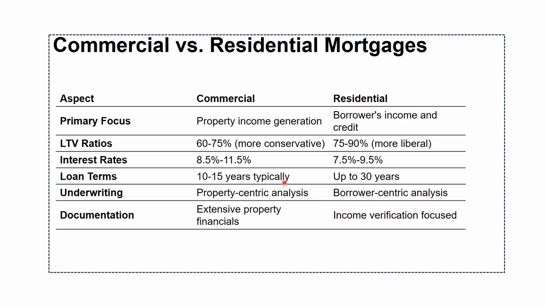to residential loans. Then underwriting is property centric for commercial, analyzing leases, versus borrower centric for residential. There it would be checking CIBIL scores. So documentation is extensive for commercial loans, including rent rolls,